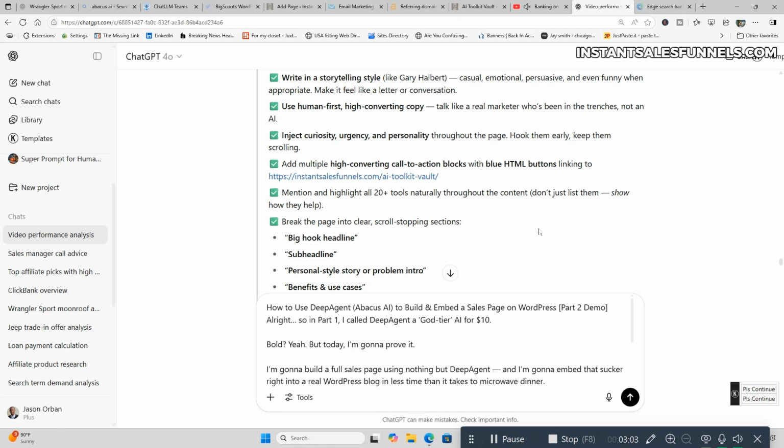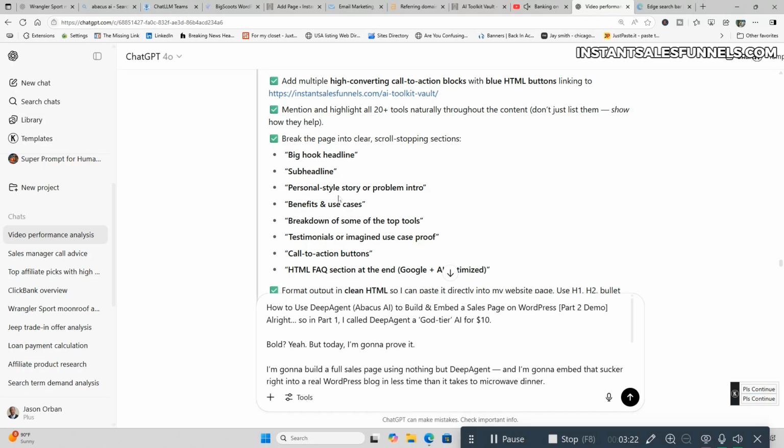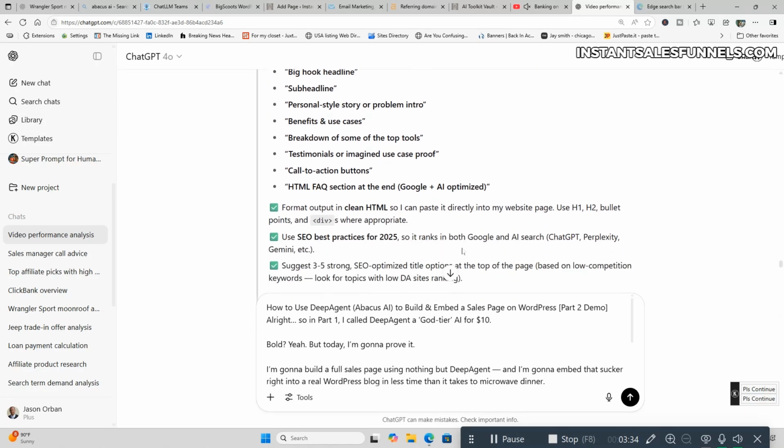Add multiple high-converting call-to-action blocks with blue HTML buttons linking to my free AI toolkit. Mention and highlight all 20-plus tools naturally throughout the content. Don't just list them, show how they help. Break the page into clear, scroll-stopping sections. Big hook headline, subheadline, personal style story or problem intro, benefits and use cases, breakdown of some of the top tools, testimonials or imagined use case proof, call to action buttons, HTML FAQ section at the end, Google plus AI